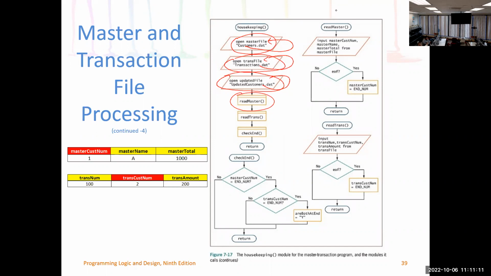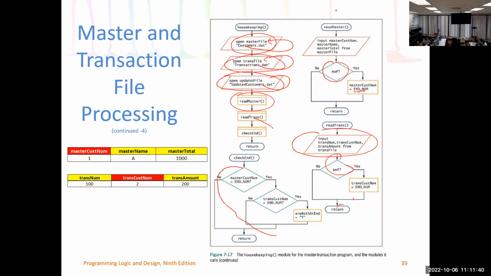And you see, every time you read a record from the file, you have to check if the file has already ended or not. If it has ended, you raise the flag here. The same goes for read transaction as well. You read the record from the transaction file and you check if it's the end of the file or not, right? And you see, in the main loop here,